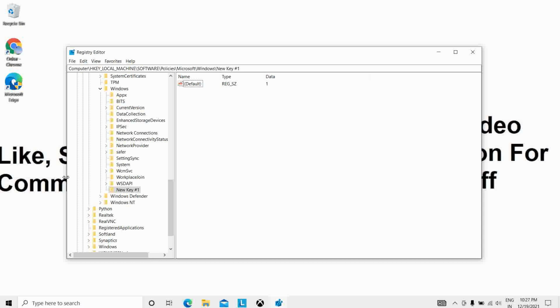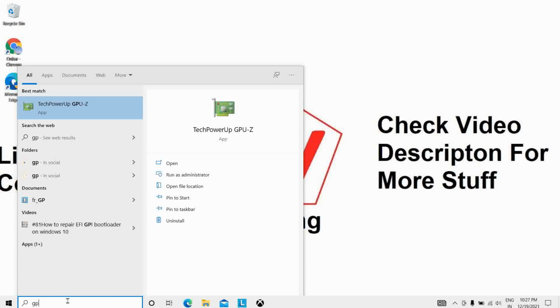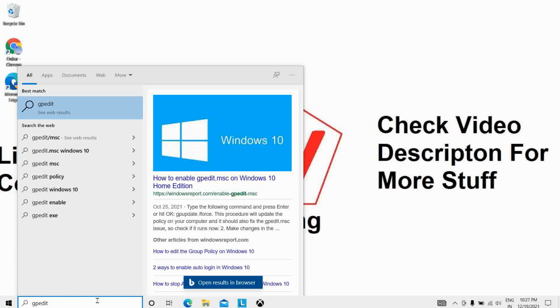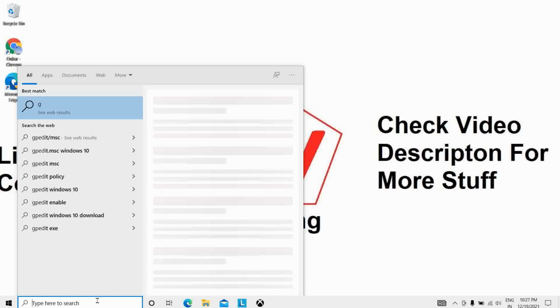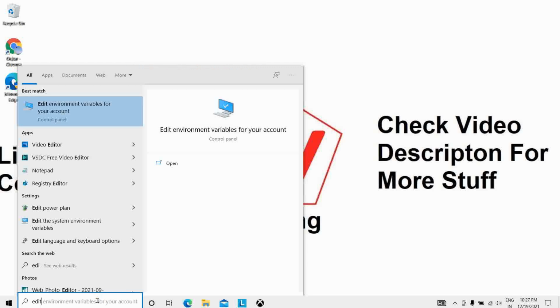Then what you have to do is edit group policy. So just close this tab. Then we have to type gpedit here, or if you don't find it, select Edit Group Policy.